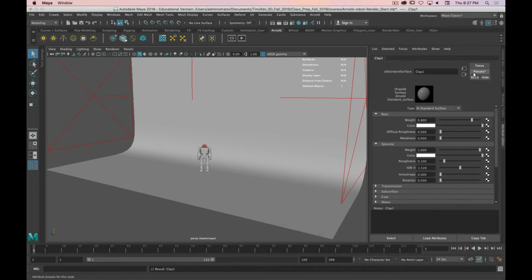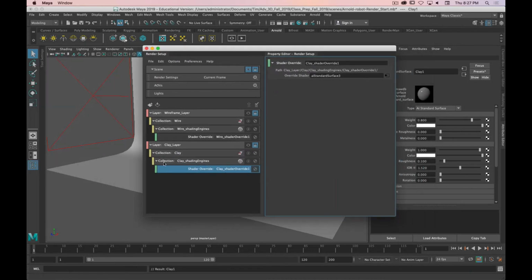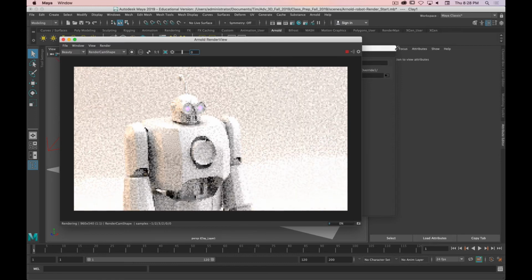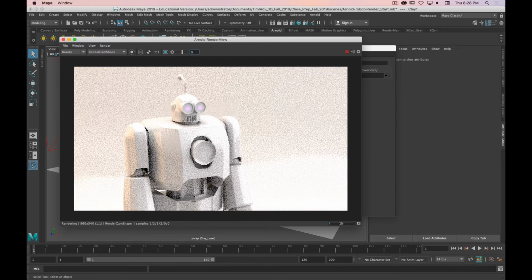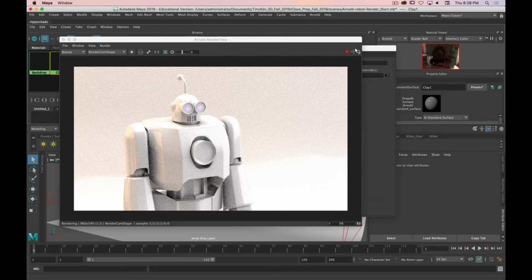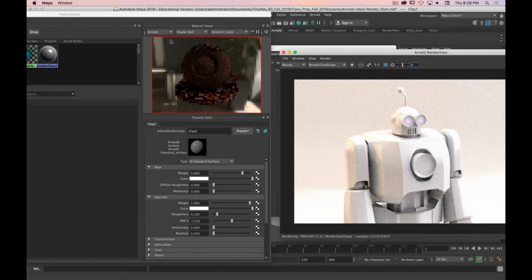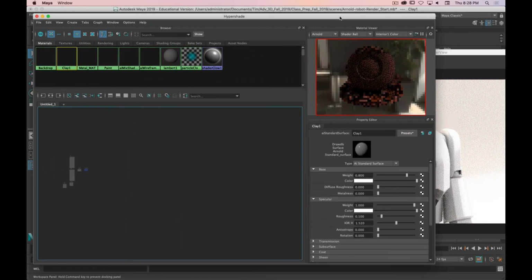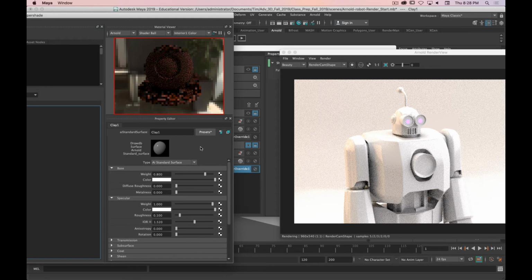There is a clay preset. Actually, before I do that, I'm going to turn this layer on. I'm going to hit render. And then I can open up my Hypershade. I need more screen space. Okay, I can open up my Hypershade with my clay selected. I'm going to go to Presets,